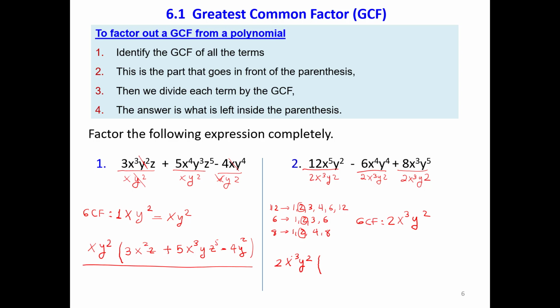Now, 12 divided by 2 is 6. X, 5 minus 3 is 2. Y to the second, they cancel out. Minus, 6 divided by 2 is 3. X, 4 minus 3 is 1. We don't need to write 1. Then Y